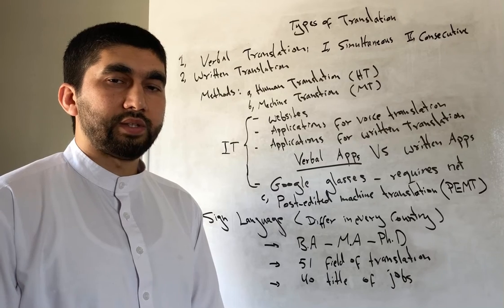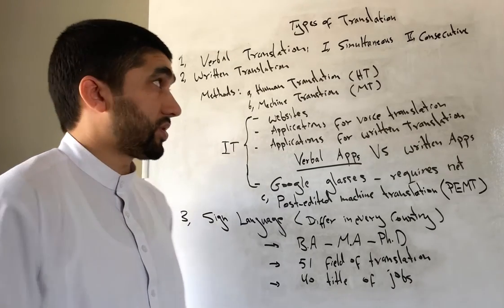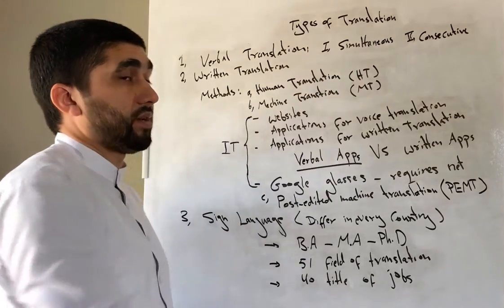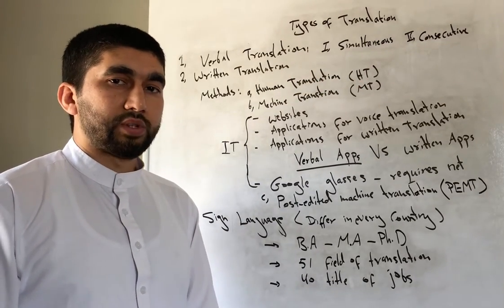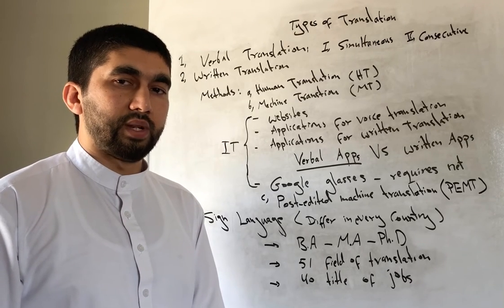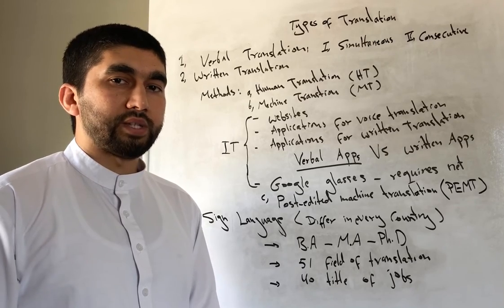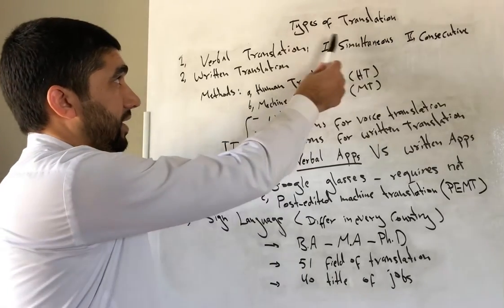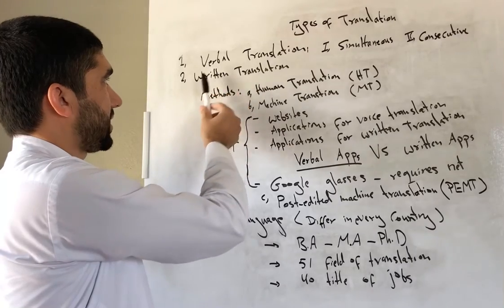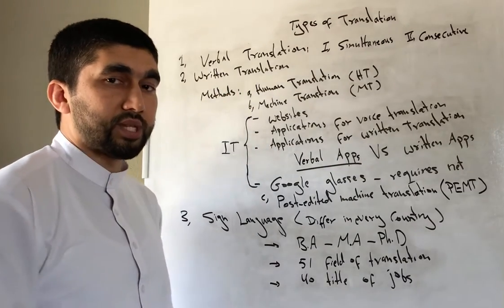We have started this new series talking on translation. So this current episode we are talking on types of translation, but the next 4 episodes we are talking about verbal translation, written translation, back translation, simultaneous and consecutive translations. Now somebody may ask, what are the types of translation? With the types of translation, we have verbal translation, written translation, and sign translation or sign language translation.